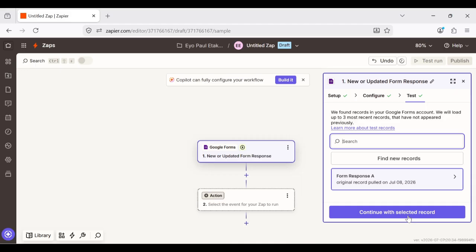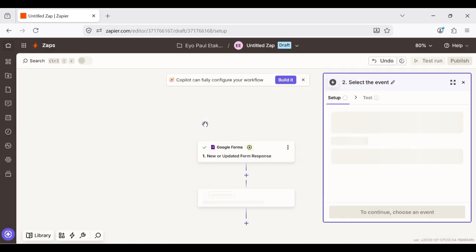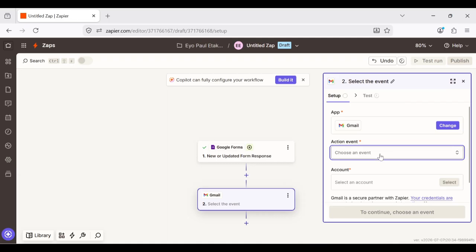All right. So now you see here, continue with selected records. So what I have to do is click on the selected records. I'm about to go into action. So which one should I go with? Okay, I think I need to go with an email. Yeah, Gmail is better. So after that, you see action event. Once I click on this action event,